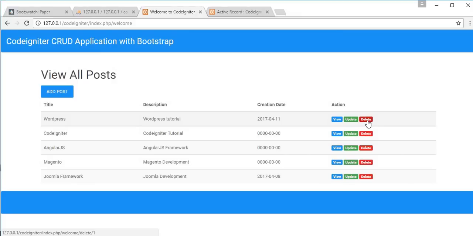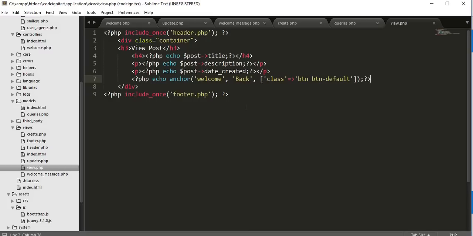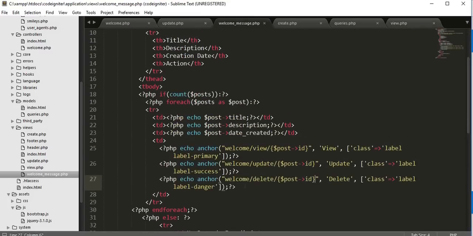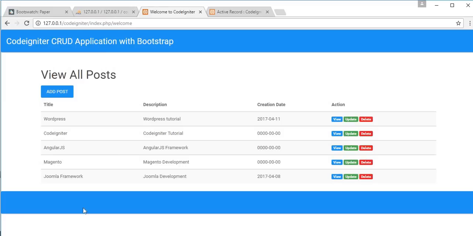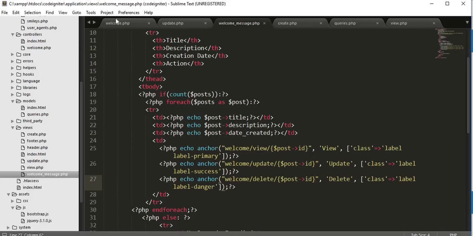So if I click on this delete, I should go to the delete function inside the welcome controller, which we have to create now. So inside welcome, you can see there is a delete function that I have to create inside welcome controller, and to that function I'll be passing the post ID. So I should go to welcome,